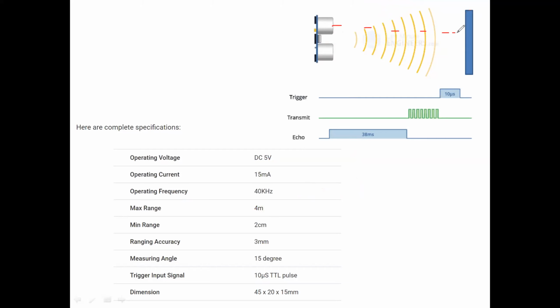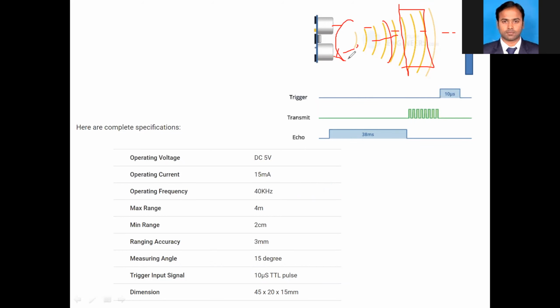So what is the time taken? If the object is placed here, you have to measure the time taken, and according to the time taken, we will find the distance.